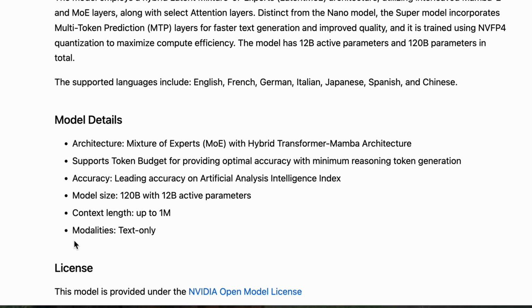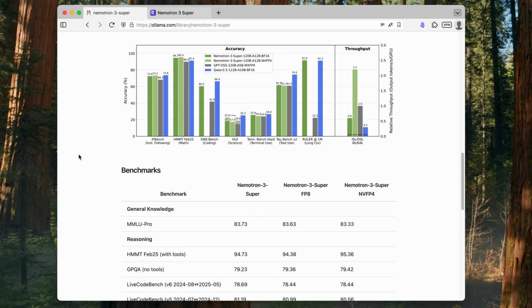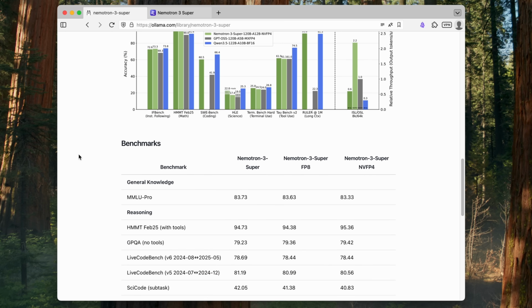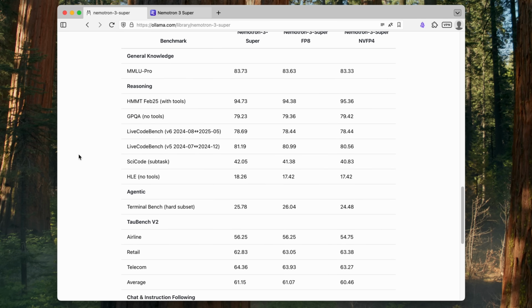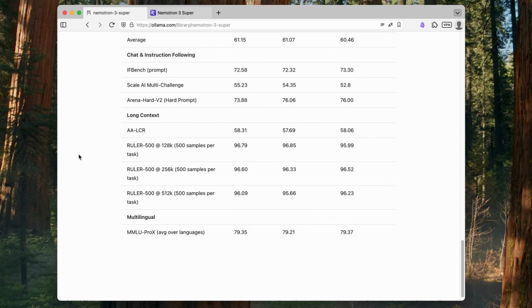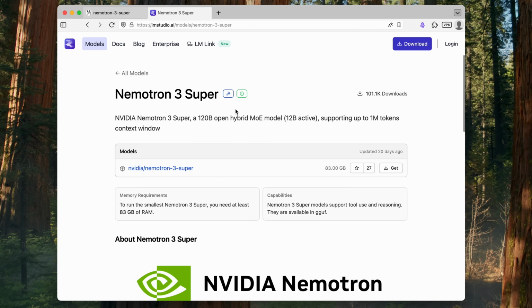calling. One important note: today I won't be doing an in-depth evaluation of the model's capabilities. I'll only run a few small tests to make sure it works locally. What I'm most interested in right now is whether this 83GB model with a 1 million token context window can actually run on my machine, and if so, how fast it performs. If it does run and the speed is reasonably acceptable, I'll definitely test it more thoroughly in future videos, so